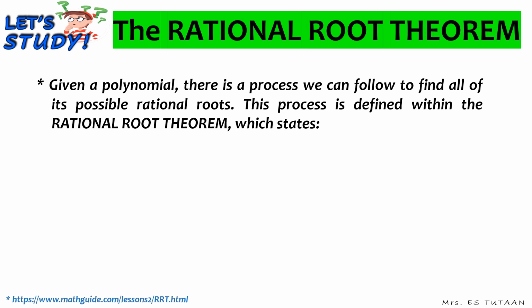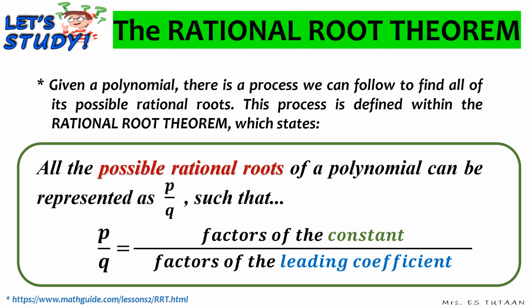Let's now proceed to the rational root theorem. Given a polynomial, there is a process we can follow to find all its possible rational roots. This process is defined within the rational root theorem, which states that all the possible rational roots of a polynomial can be represented by p over q such that p over q is equal to all the factors of the constant all over factors of the leading coefficient. Okay, to make it simple,